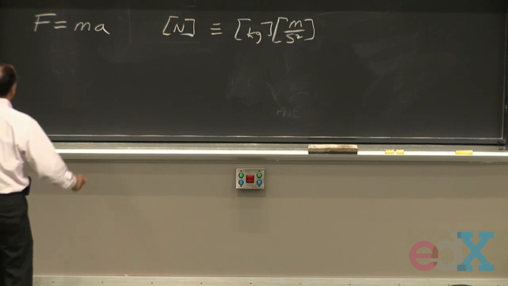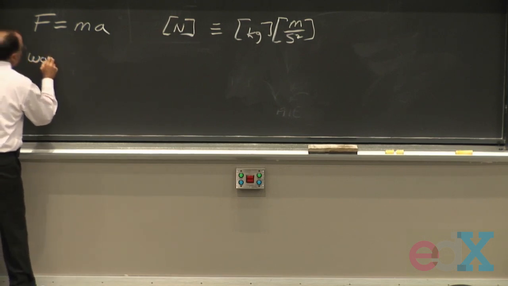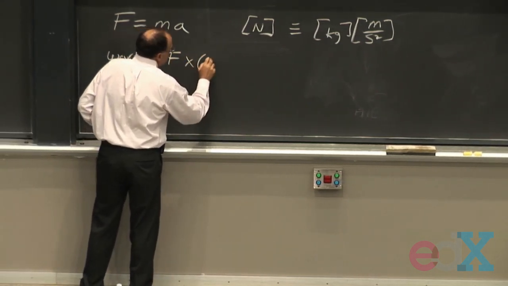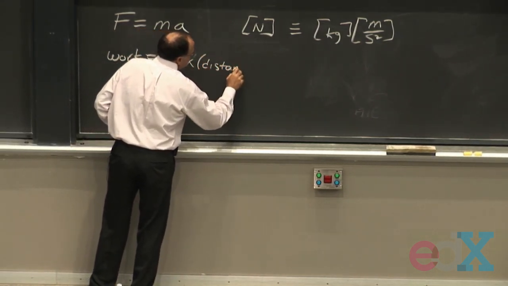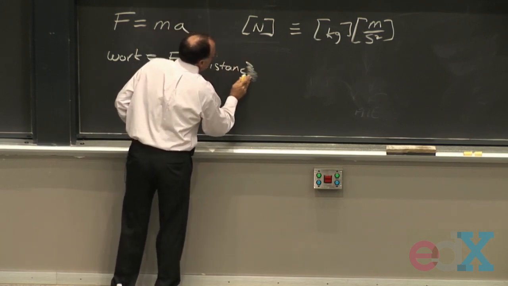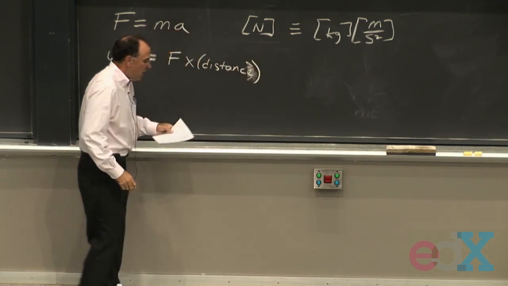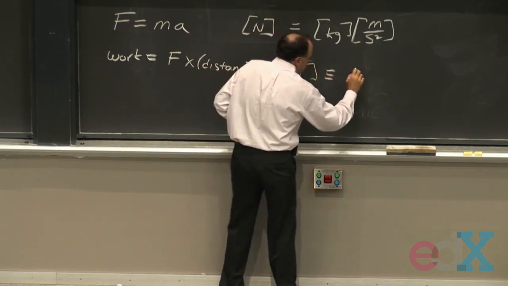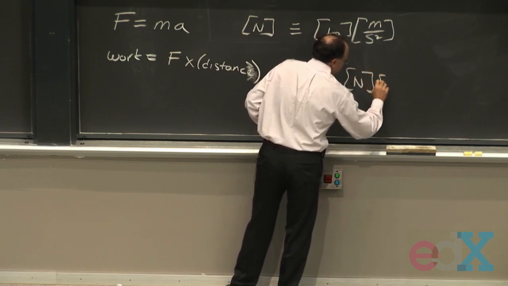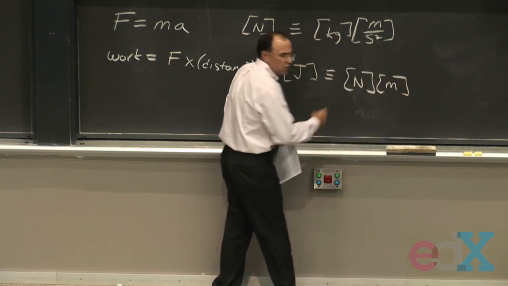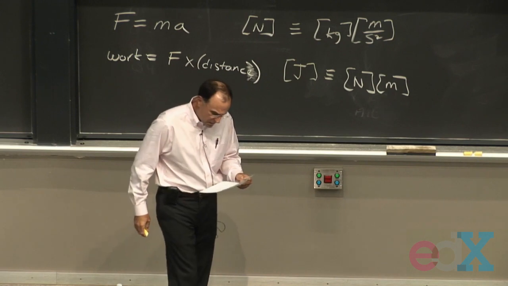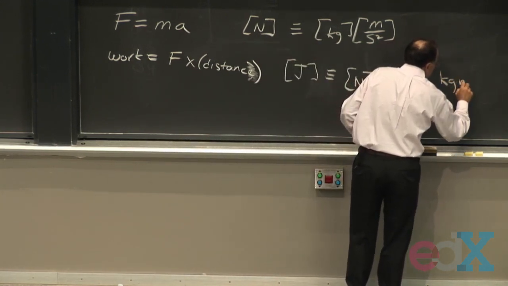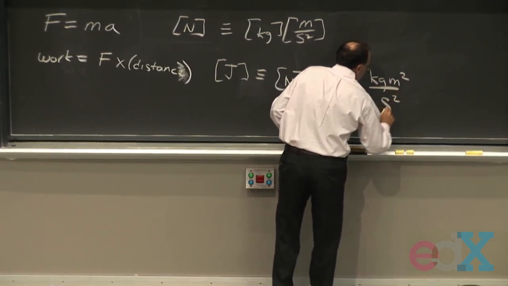And Newton also worked out that work is just the force applied over a distance. Work, energy, and so joules is just obviously a newton times a meter. See, I put these square brackets to mean units. Or if you multiply all that through, you get kilogram meter squared per second per second.